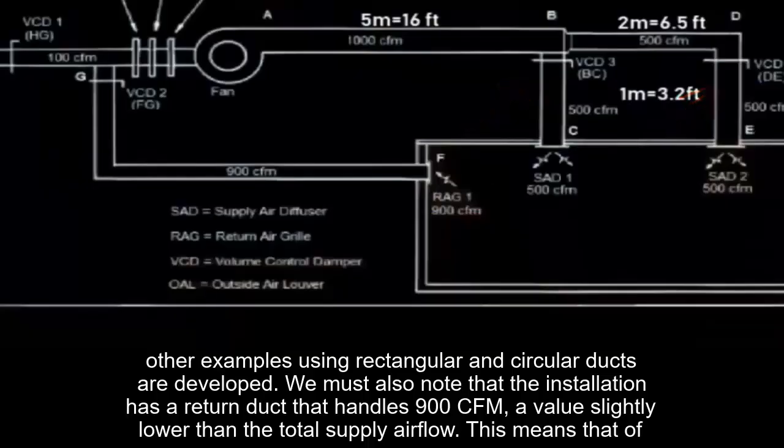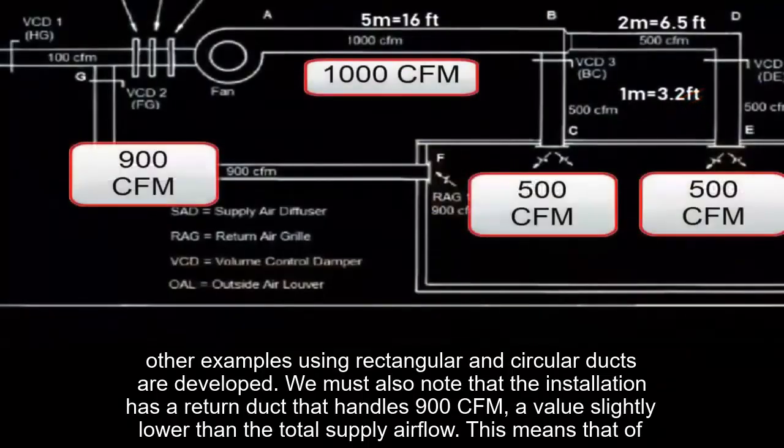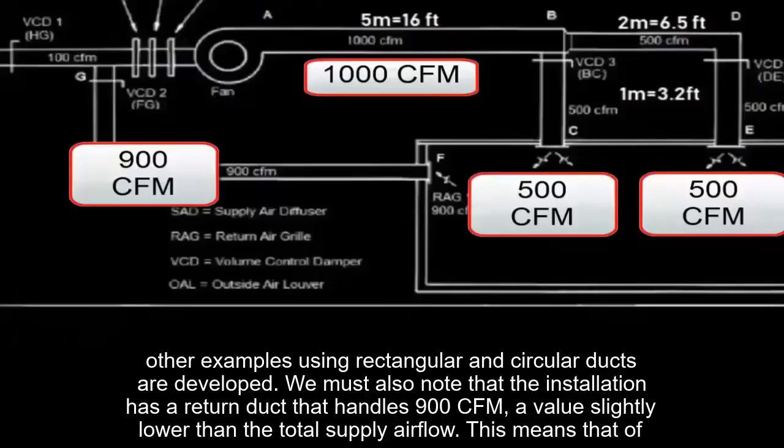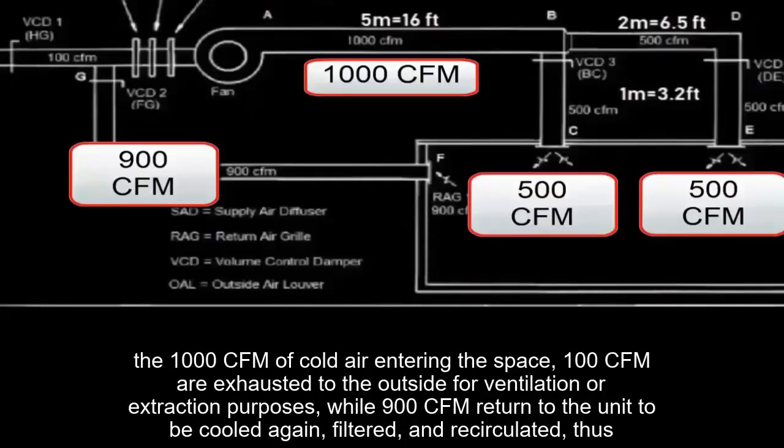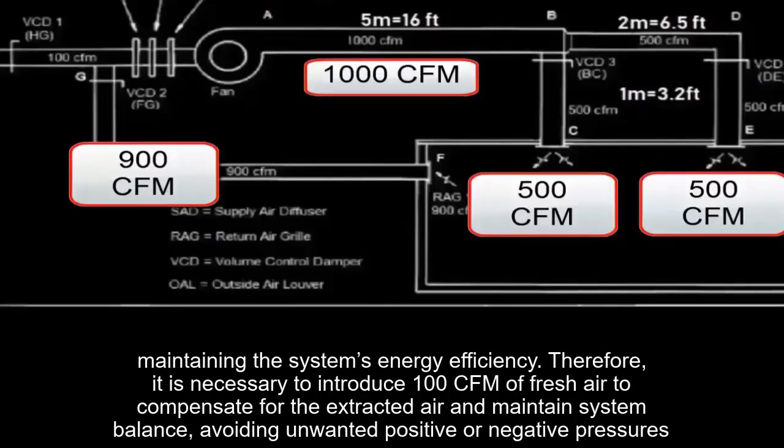We must also note that the installation has a return duct that handles 900 CFM, a value slightly lower than the total supply airflow. This means that of 1,000 CFM of cold air entering the space, 100 CFM are exhausted to the outside for ventilation or extraction purposes, while 900 CFM return to the unit to be cooled again, filtered, and recirculated, thus maintaining